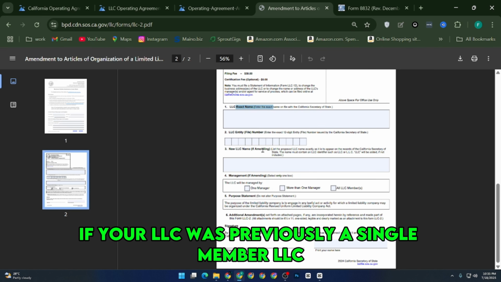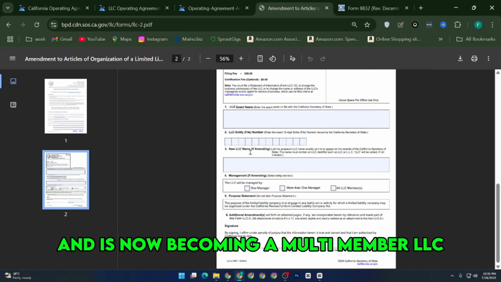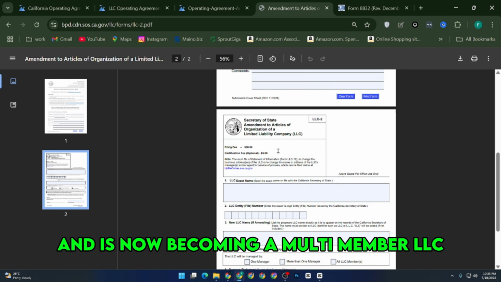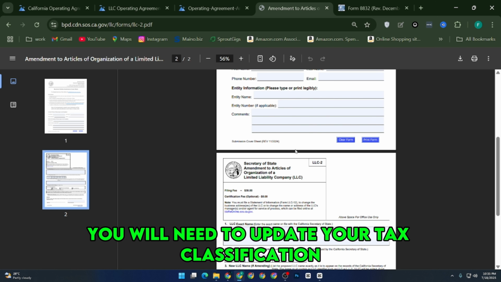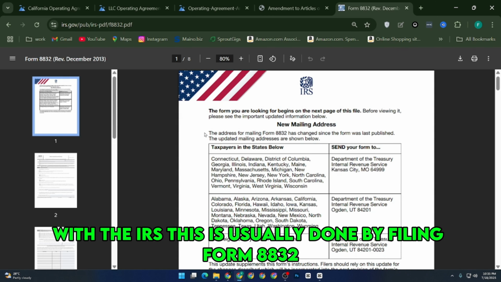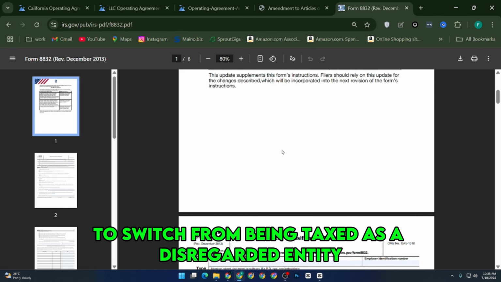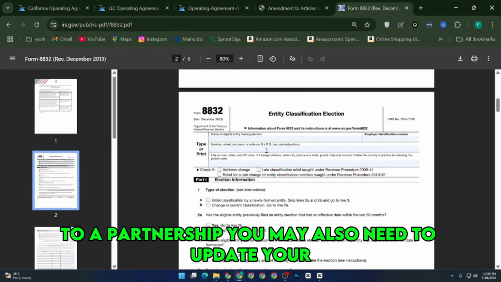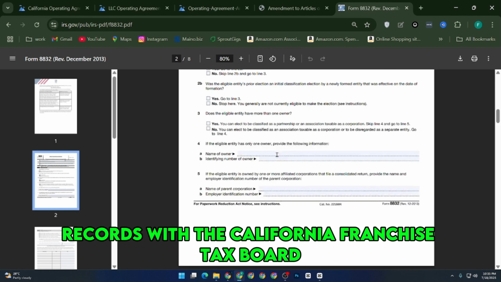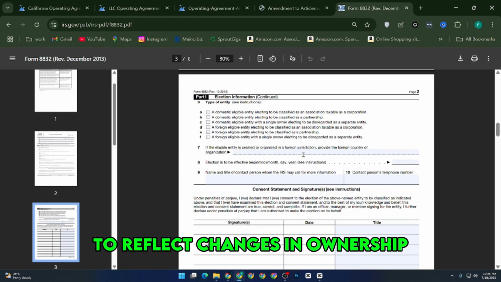If your LLC was previously a single-member LLC and is now becoming a multi-member LLC, you will need to update your tax classification with the IRS. This is usually done by filing Form 8832 to switch from being taxed as a disregarded entity to a partnership. You may also need to update your records with the California Franchise Tax Board to reflect changes in ownership and